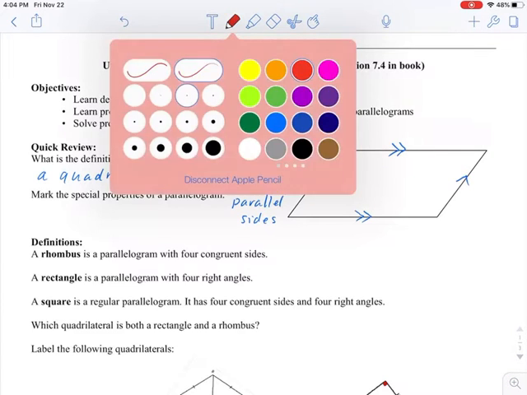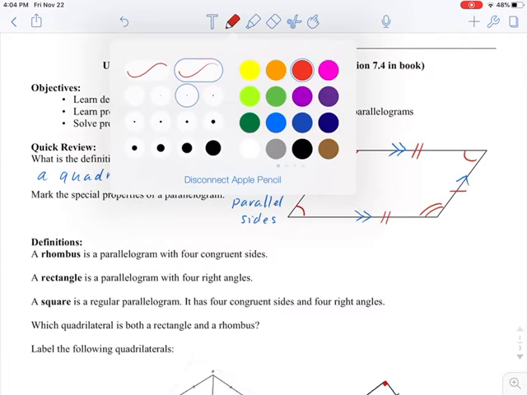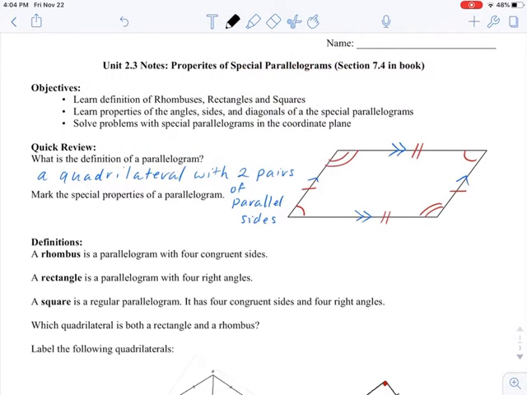And then in our last several sections, what we looked at was the idea that opposite sides are congruent, so I'm marking that, and opposite angles are congruent. Finally, we looked at a property of the diagonals of a parallelogram. So if I sketch a parallelogram here,